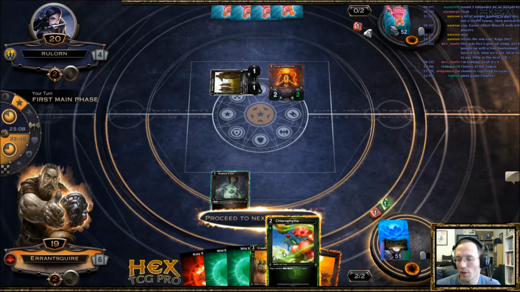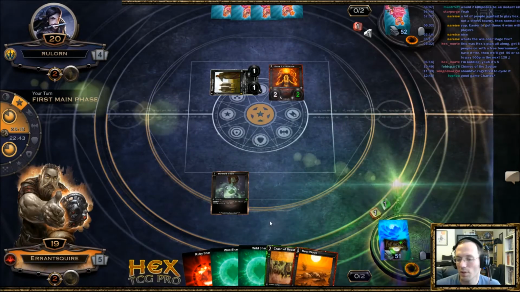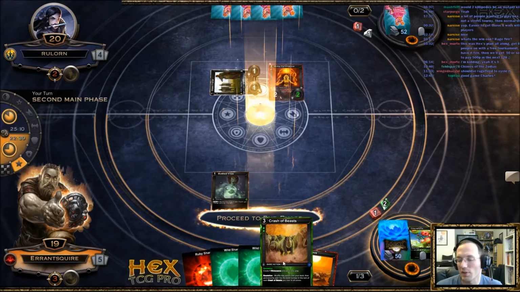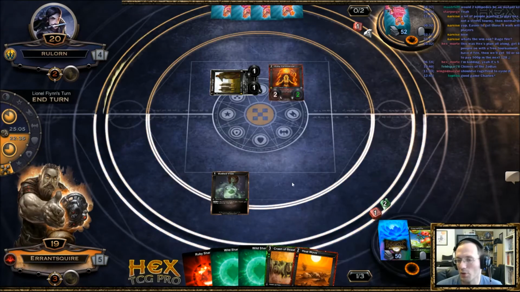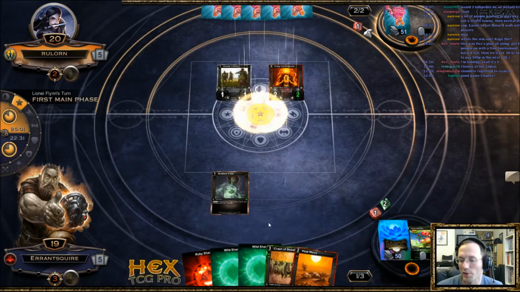So Chlorophyllia here. It costs 2 for bottle, so I don't get to bottle, unfortunately. But I do have Crash of Beasts. Another thing that's nice about this deck is Crash of Beasts is 3 toughness, so it dodges Heatwave. Hopefully it plays one more 2 toughness thing and I get a lot of value out of this Heatwave, and then I can Heatwave and bottle in the same turn